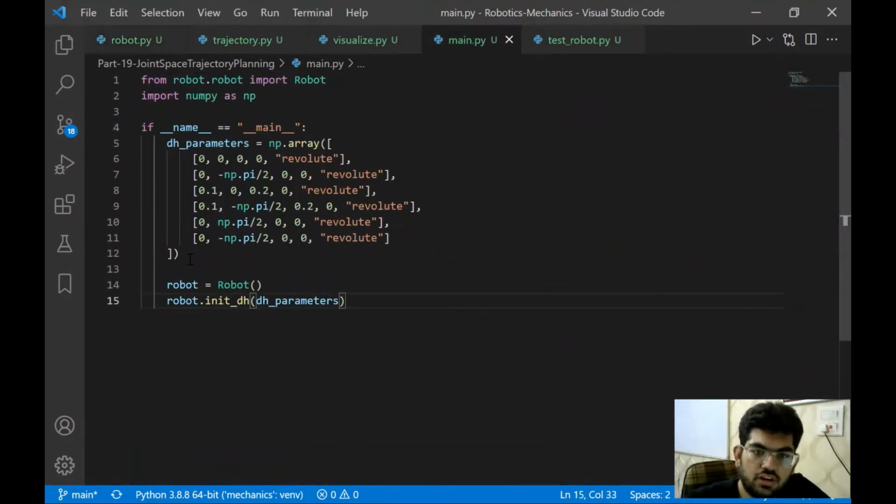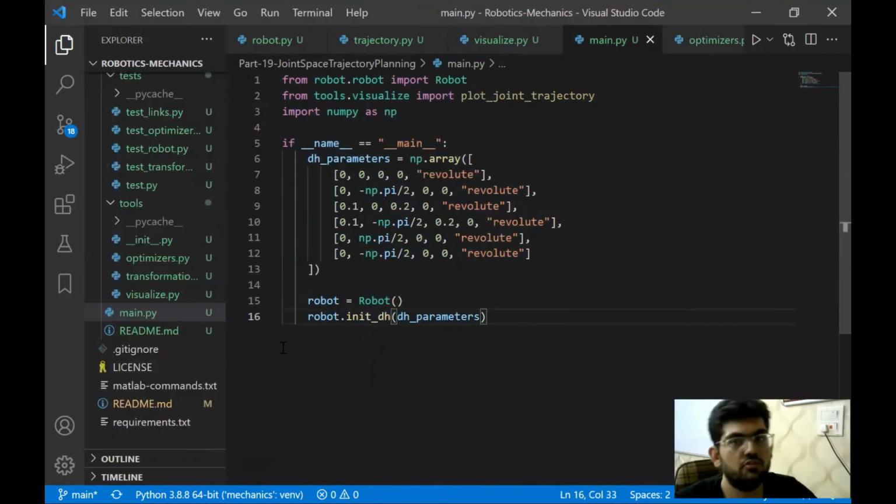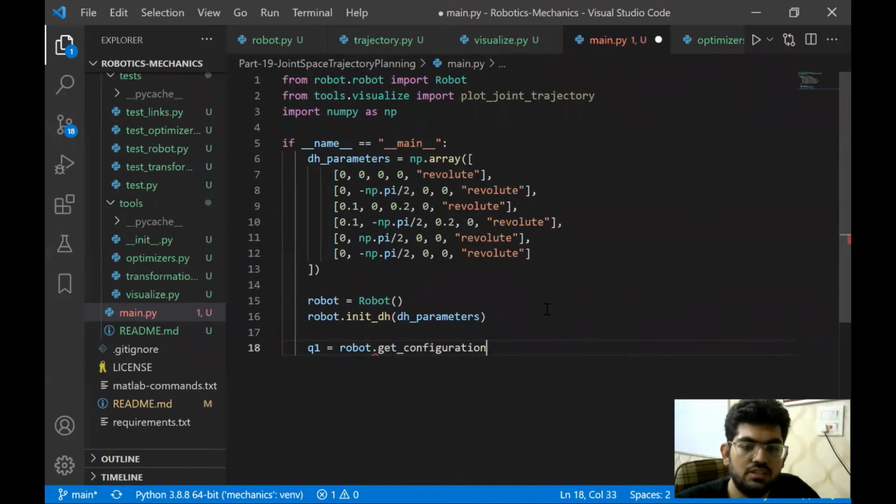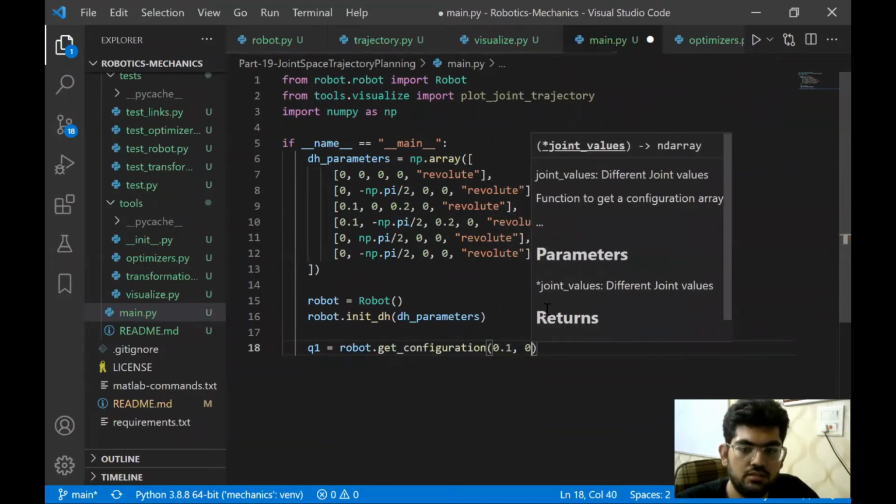We have already defined a robot, the Puma robot, the 6 degree of freedom robot. Using this, we are going to visualize what the different trajectories look like. Now we are going to test it in the main.py file. First of all, we're going to get some configuration from the robot using the cut configuration.